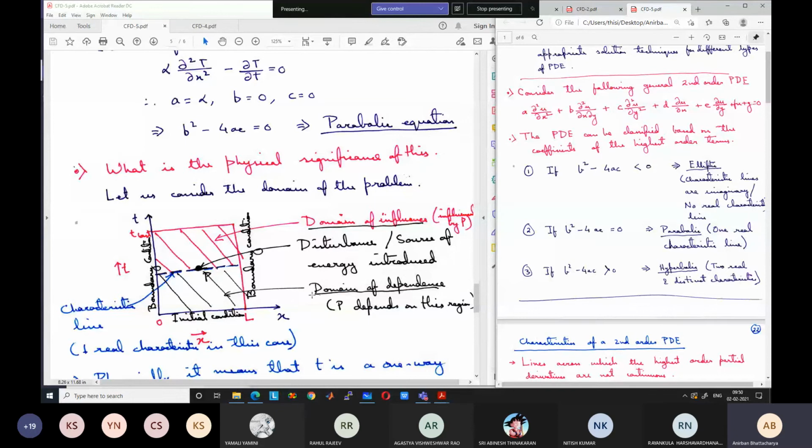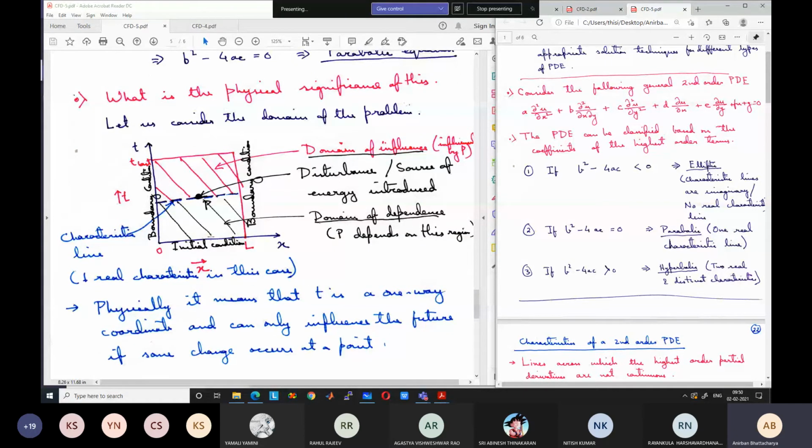So now let us try to understand this physical behavior after giving you this background. Say you introduce any disturbance at any point P in this solution domain. What does this P represent? It represents a point that physically has a value x. So if the rod has a length of 1 meter, P can be 0.4 meter. So at the length 0.4 meter, we have introduced a fluctuation in temperature, some source term or some heat source.